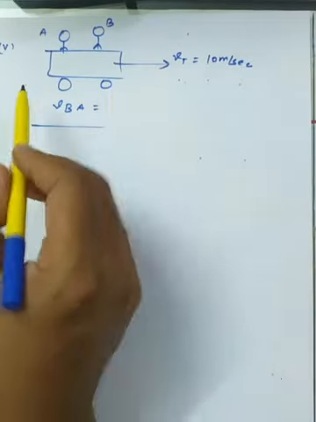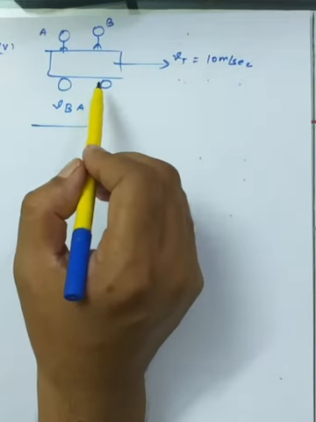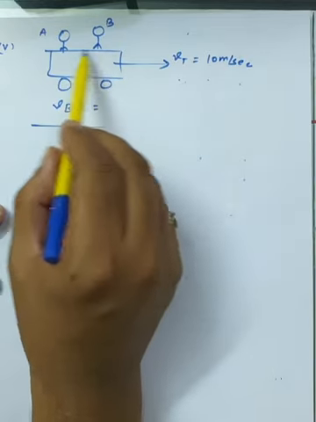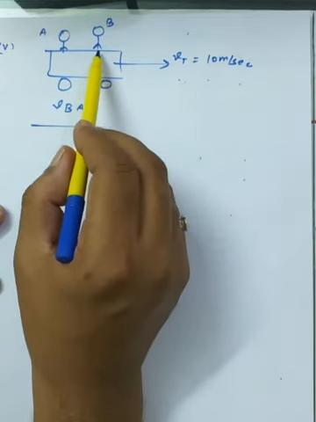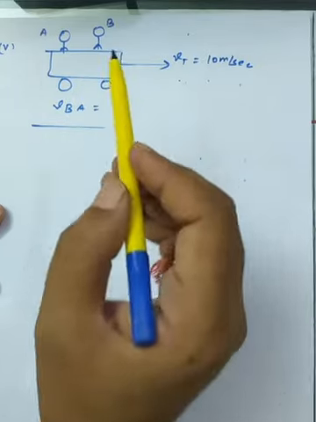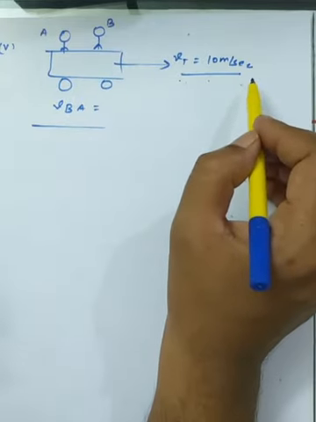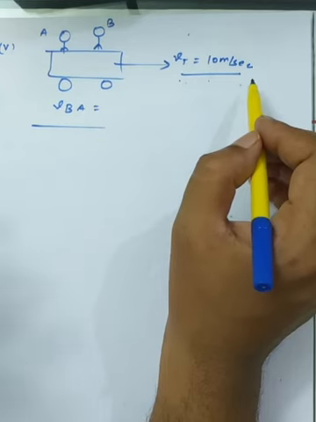Now one of the examples which I have also taken in front of you: suppose the observer is also inside the trolley, and both are in the condition of rest, both are not moving, and the trolley is moving with the speed of 10 meter per second, and someone is asking what is the velocity of B with respect to A.